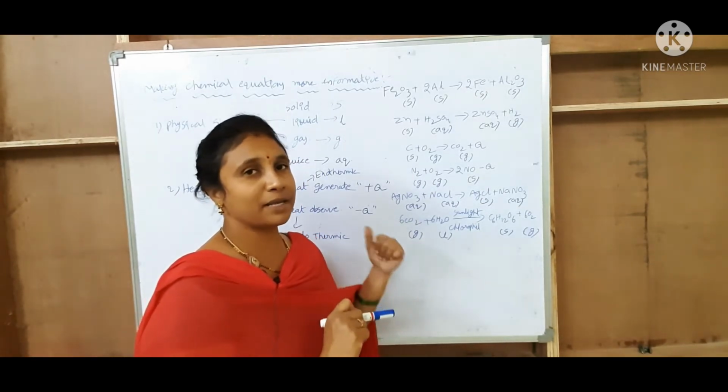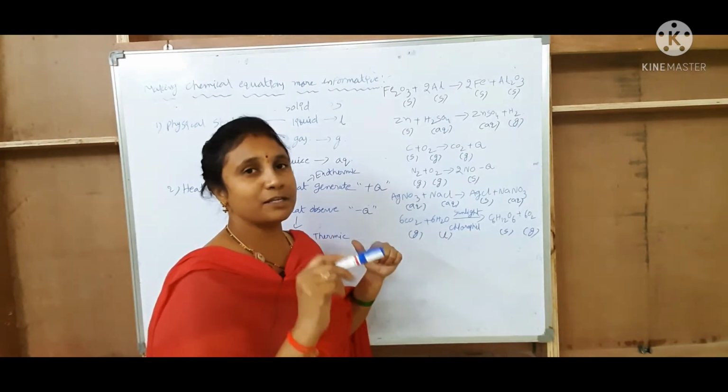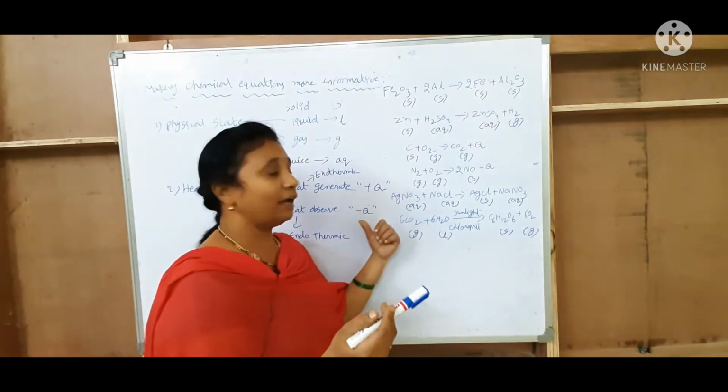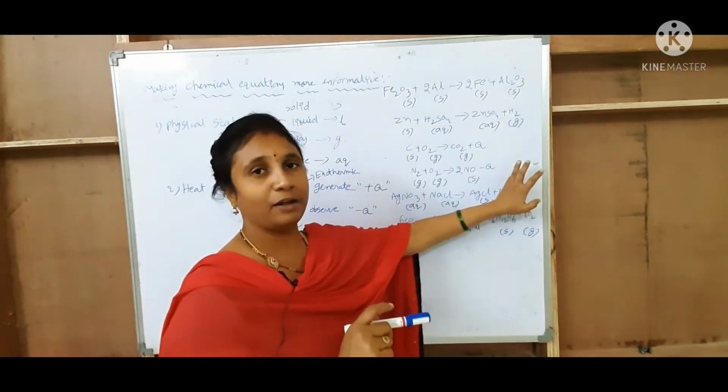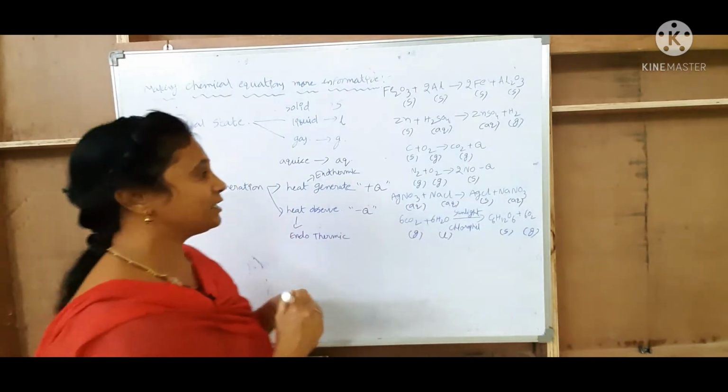First you have to specify the states, then you have to specify whether it is an exothermic or endothermic reaction. The exothermic reactions are specified by the plus Q symbol at the product side, and the endothermic reactions are specified by the minus Q at the product side. Okay, is it understood? The next one,